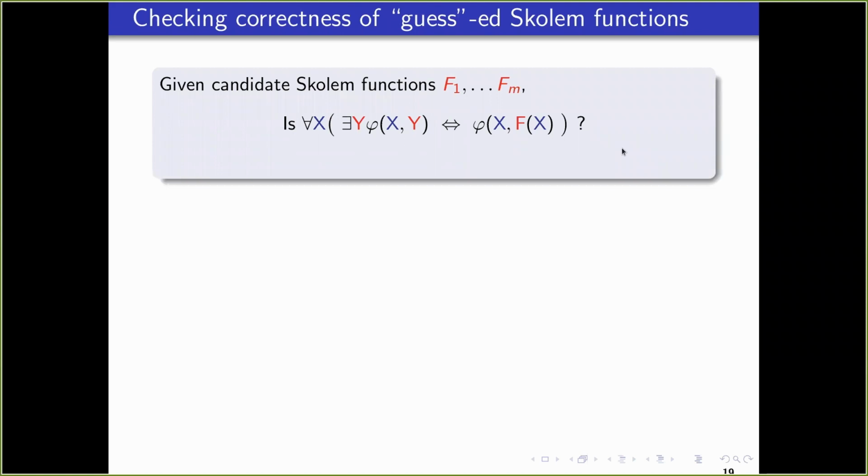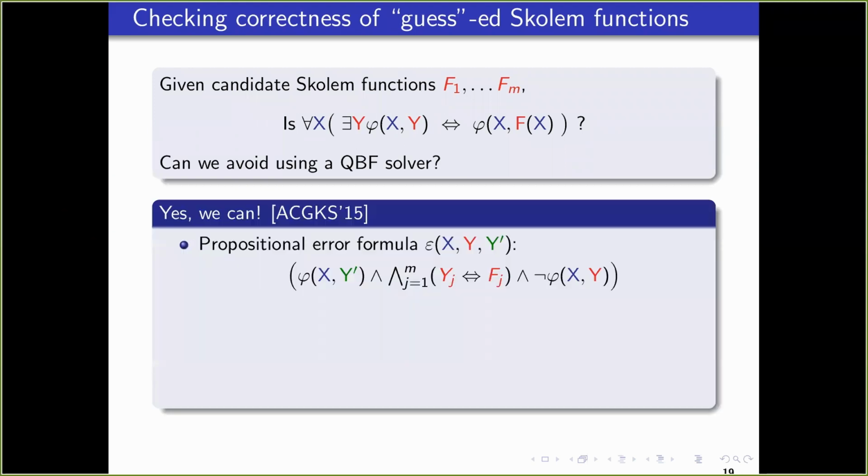But in order to check this, it looks like we need a QBF solver because there is this quantifier alternation over here. And the question is, can we avoid using that? And we were actually able to find a way to avoid using that, essentially by replicating this specification twice, and we construct this propositional formula.